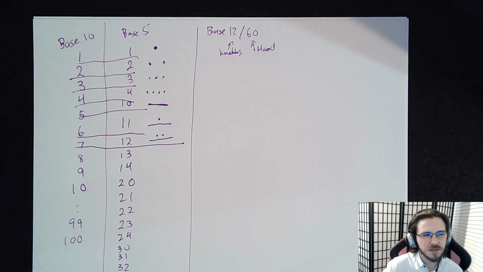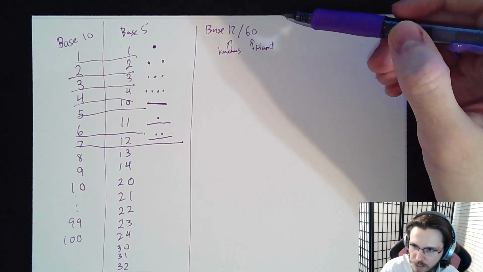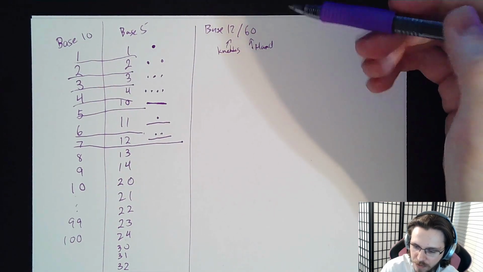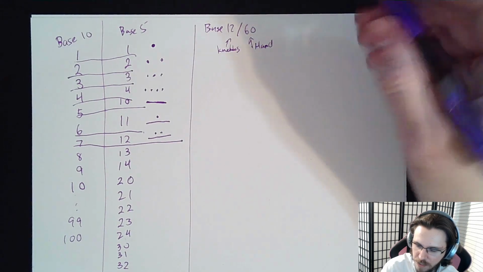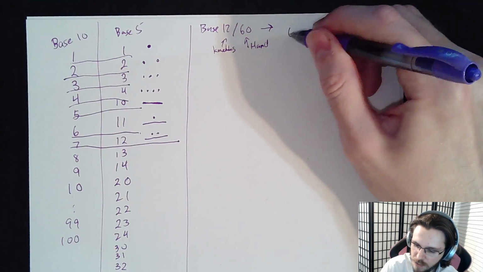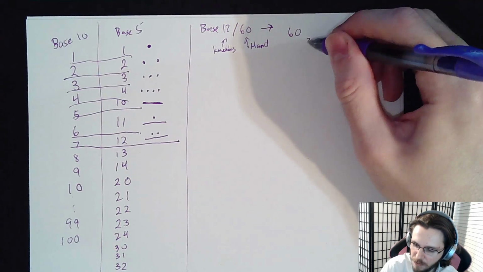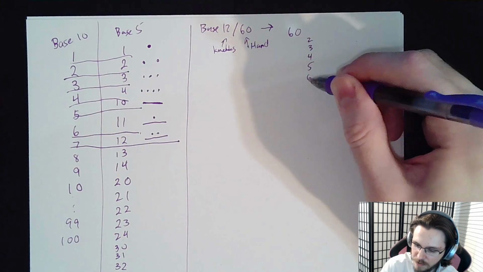Why did it persist though? Why did it stay for such a long period of time? Let's think about this. What you can do is you can take something that has a certain number of parts by 60. 60 is called a highly divisible number. You can divide 60 by 2, you can divide it by 3, you can divide it by 4, you can divide it by 5, you can divide it by 6,